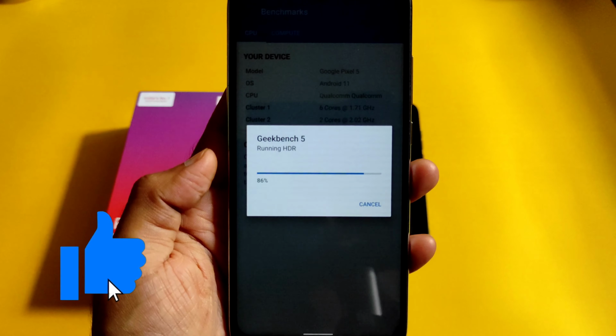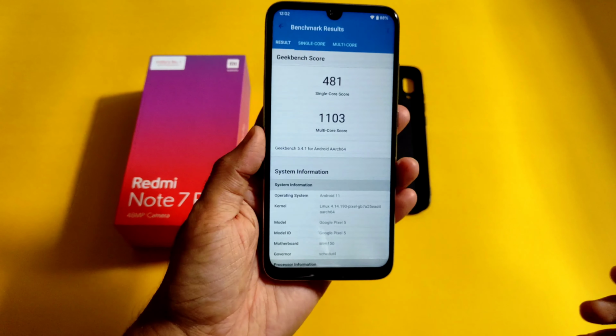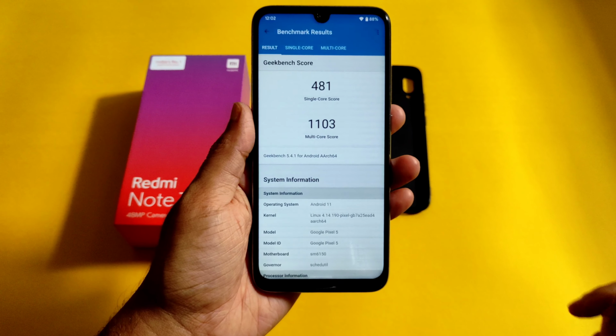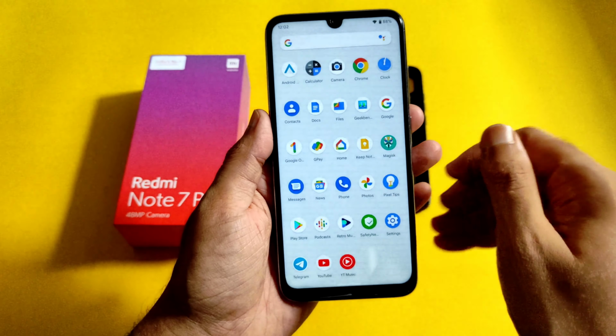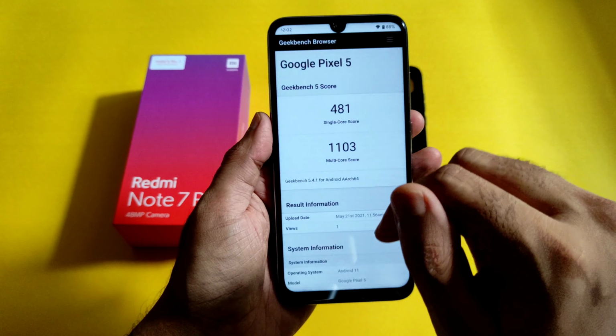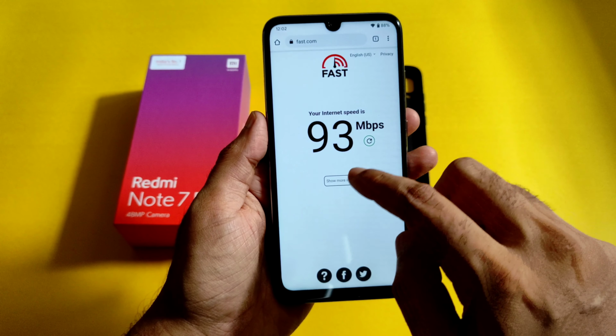And this is a ported ROM but stable ROM. If someone wants to just check the Android 12 Beta 1, then you can definitely flash this. It's a very good score, as you can see. And coming to speed test,